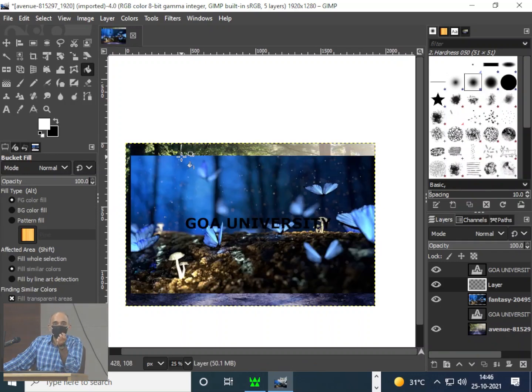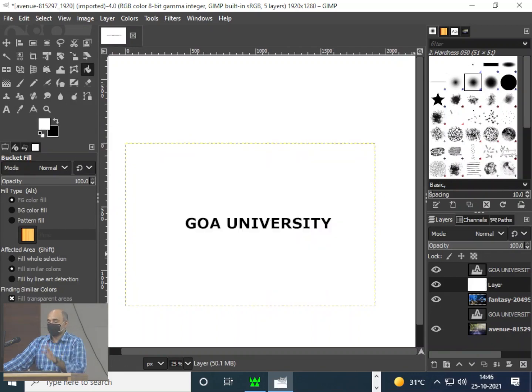Yes, something you want to know? Yeah, there is background and foreground here, you can see the arrows. I select white, which is the active color, and I just fill it in that layer. Like I mentioned in the morning, it only affects a layer, it doesn't affect the entire image. So when I did a fill, it only filled that particular layer.